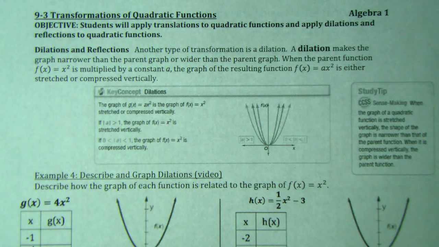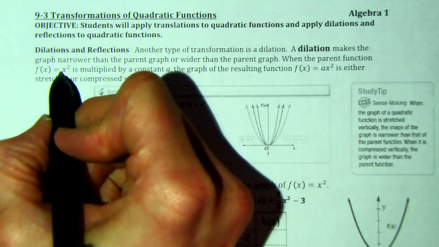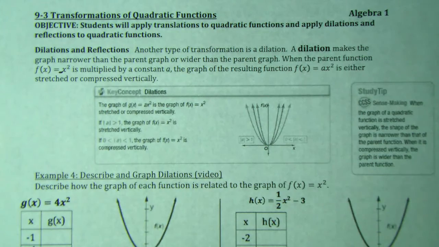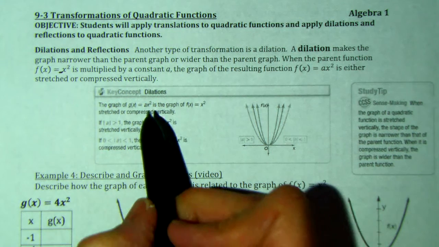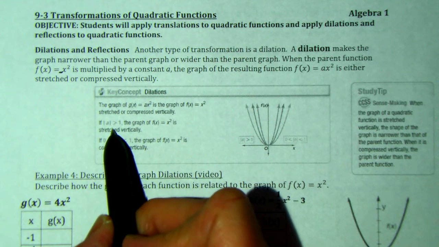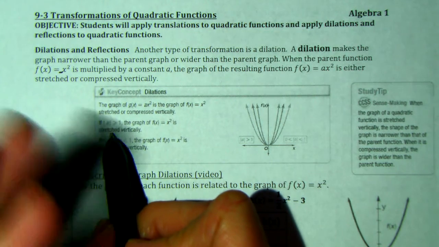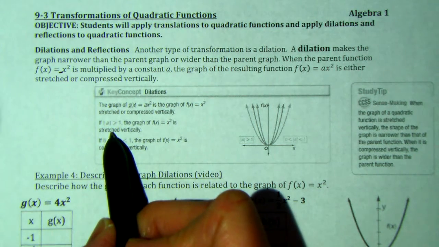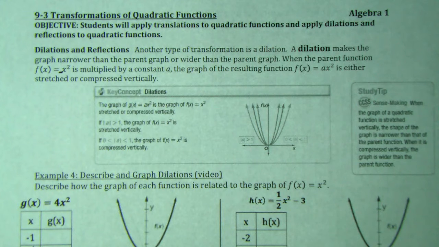This is the number in front of the x squared. That's what controls that. And if we look carefully, if the absolute value of a is greater than 1, so whether it's positive or negative, if that number is greater than 1, like a positive 1.5 or a -3, what happens is it